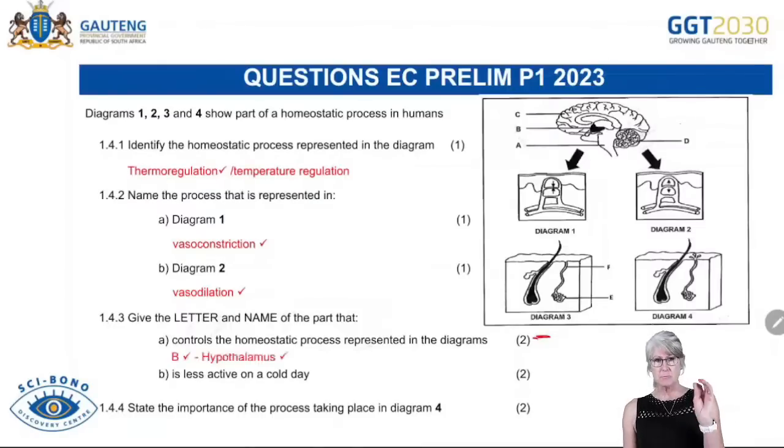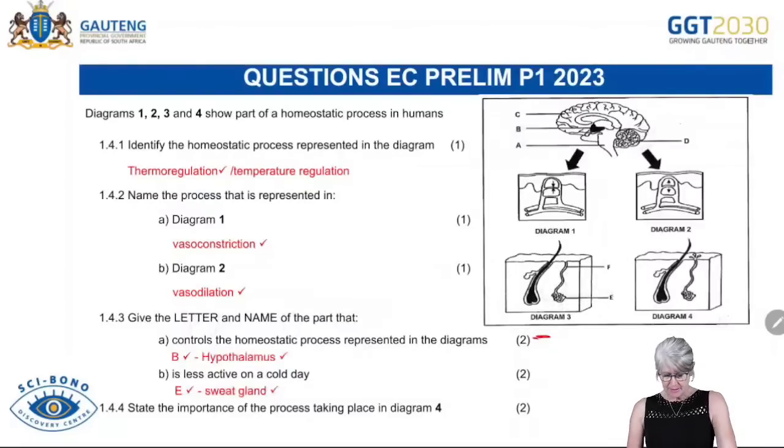And remember, we must give both the letter and the name. Okay, so we can see there that is B, the hypothalamus, and then one that is less active on a cold day is going to be E, the sweat glands. Okay, so on a cold day we're going to sweat less, so it would be structure E that would be